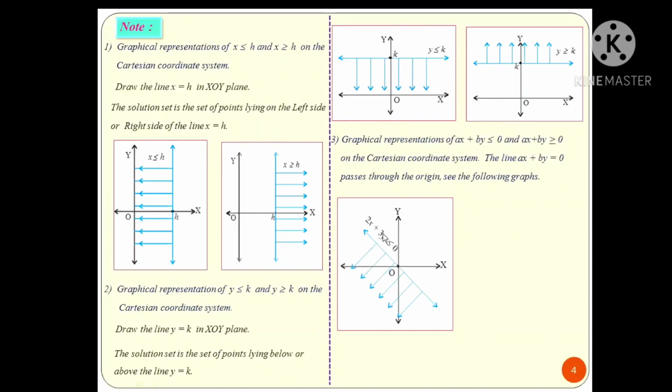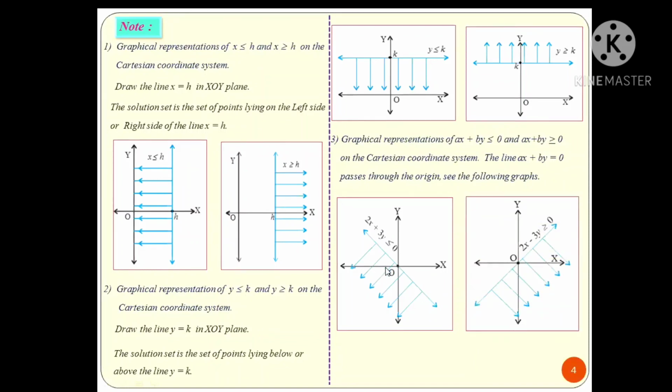How to draw this line? You already learned in 10th standard. If you take x is equal to 0, y is obtained as 0. So the first point is taken. Next, x is equal to 1, the value for y is minus 2. x is equal to plus 2, y equal to something like this, these points are obtained, and when you join those points you get a line. This technique you have already learned. Here the sign is less than, arrows shown. Check, from this line towards the origin, downward, and here away from the origin because of the sign greater than or equal to.